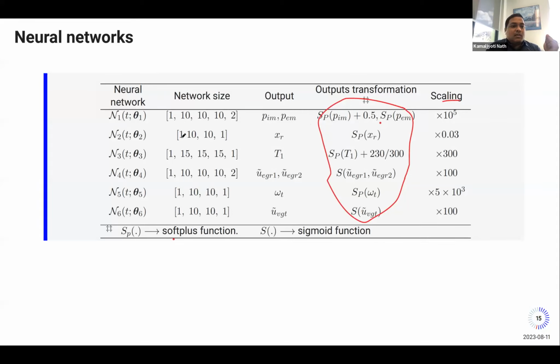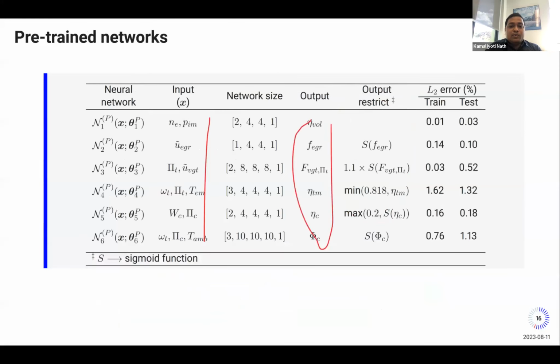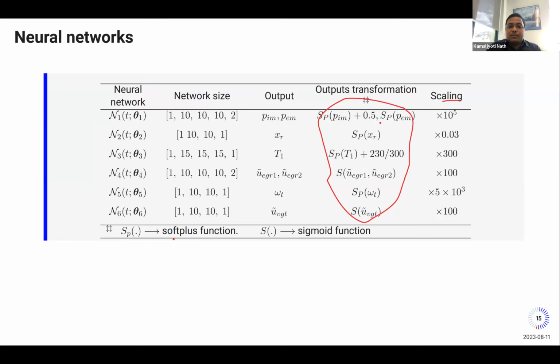So this is what you are asking, correct? So this is for the model parameters, right? They are time dependent, so that's why you use a neural network instead of an equation. No, those are here. Those are the state variables of the ODE, not the parameters. Oh, okay. So there are six neural networks for the six state variables.